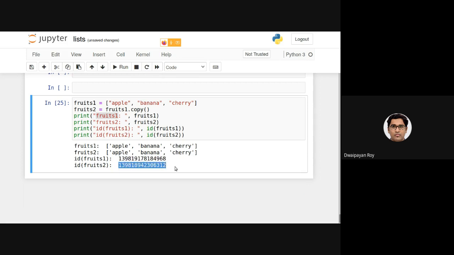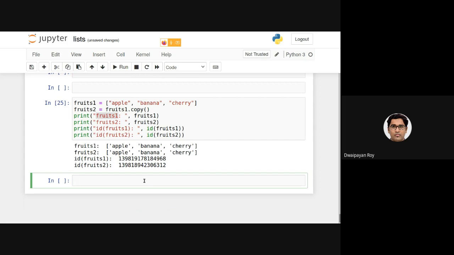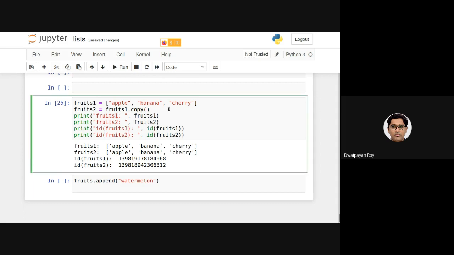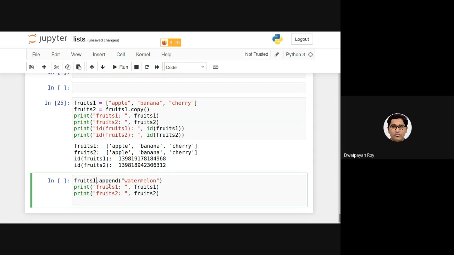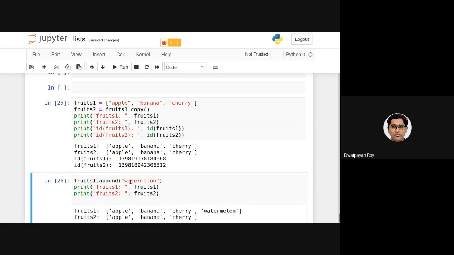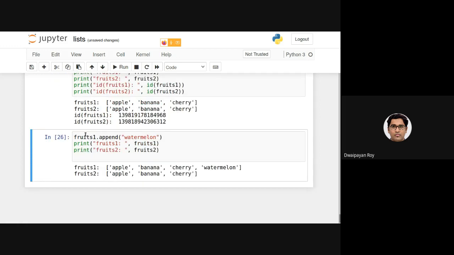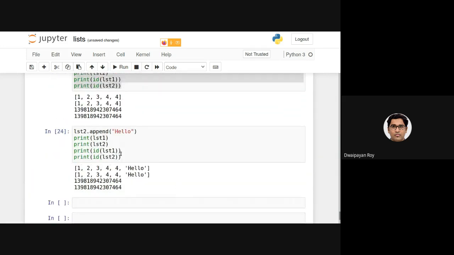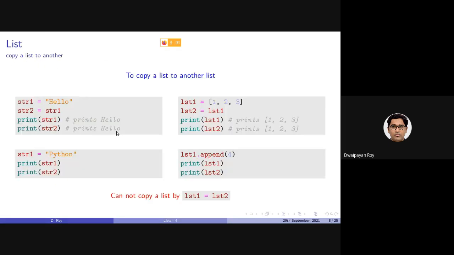And now if I append another item, say fruits1.append watermelon, and then if I just print fruits1 and fruits2, you can see the change made in fruits1, the first list, is not being reflected in the second list, which was true earlier when we were using the equals to operator in this example.